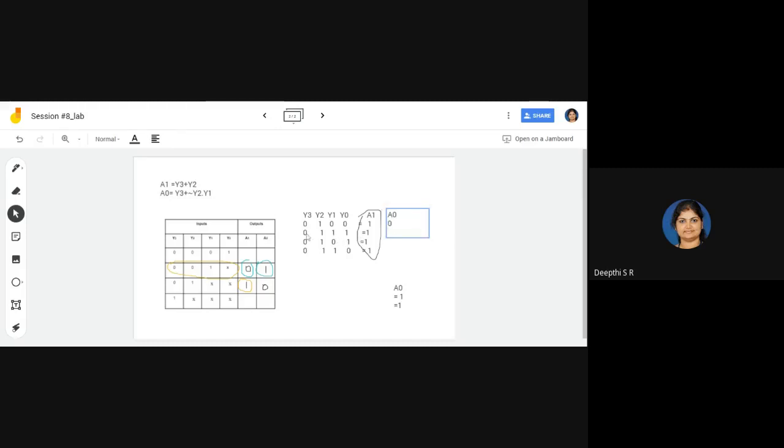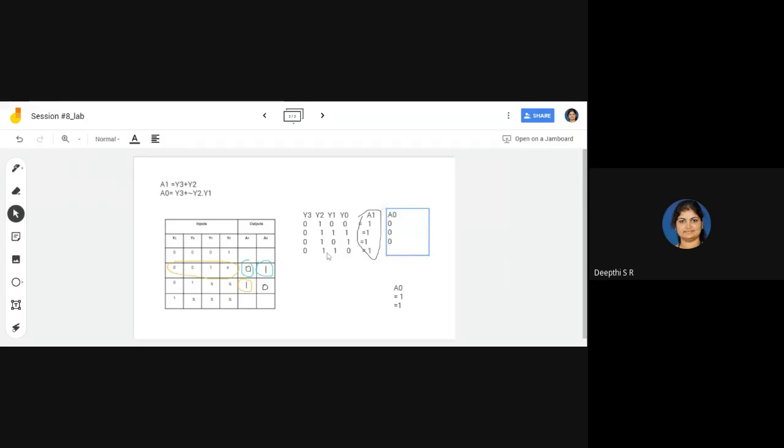For the second combination, not of y2 is 0. 0 ANDed with 1 is 0. Then 1 ANDed with 0 is 0. Next combination, not of y2 is 0, ANDed with 0, it is 0, 0 ANDed with 0, again 0.